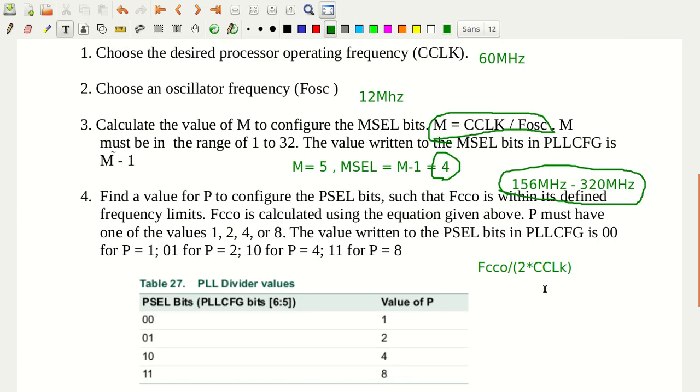Let me take 156 megahertz, the lower range. 156 divided by 2 into CCLK, which is 60 megahertz. So FCCO divided by 2 into 60 megahertz.